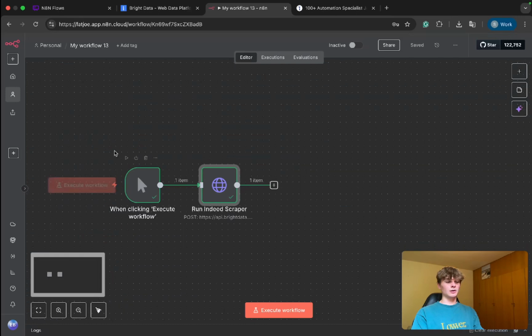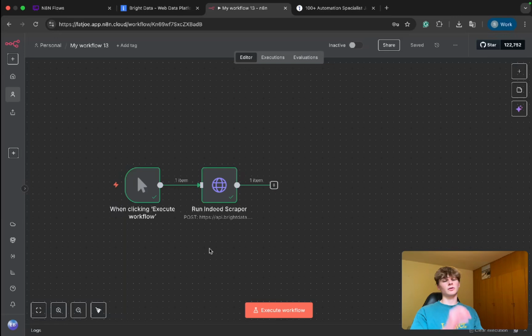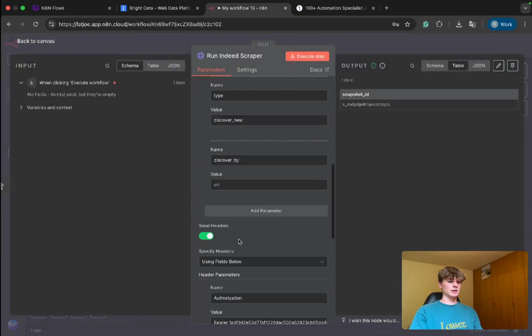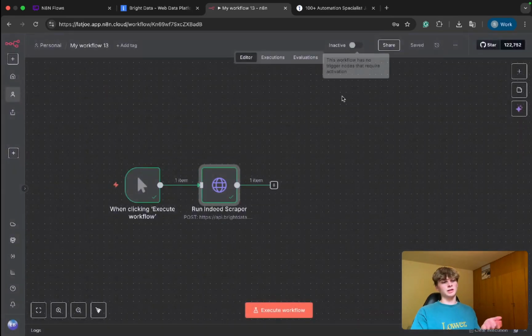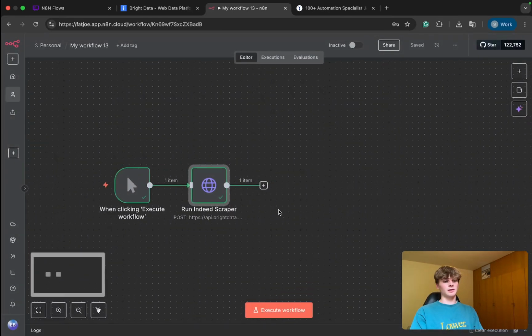We could also later on make the trigger a form or something where the user inserts an Indeed URL that they want to scrape, and then it will trigger the scenario. And then down in here under JSON, this URL will be a dynamic variable that is mapped from the form's answer where the user puts in their Indeed URL. That is something that could be a possibility. But before that, I think what I want to do is,